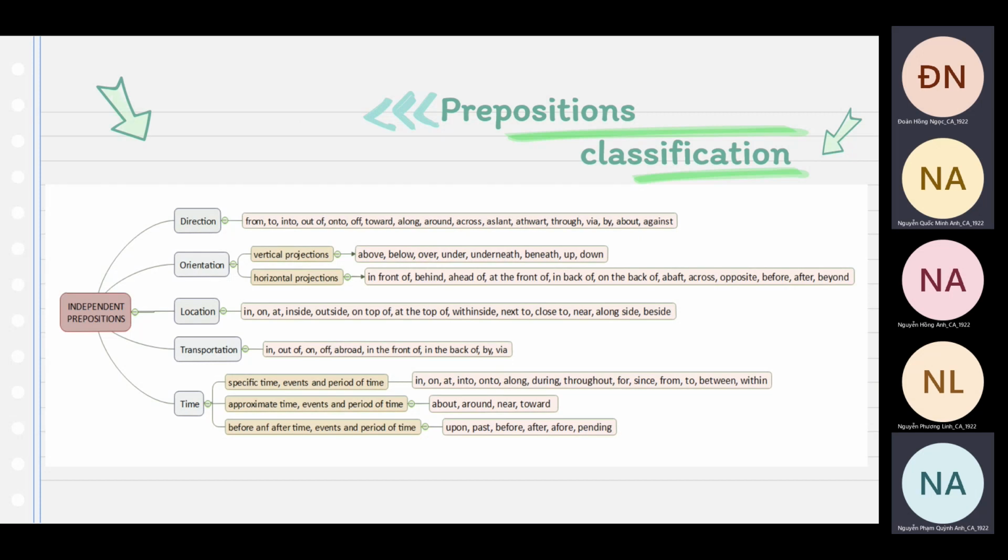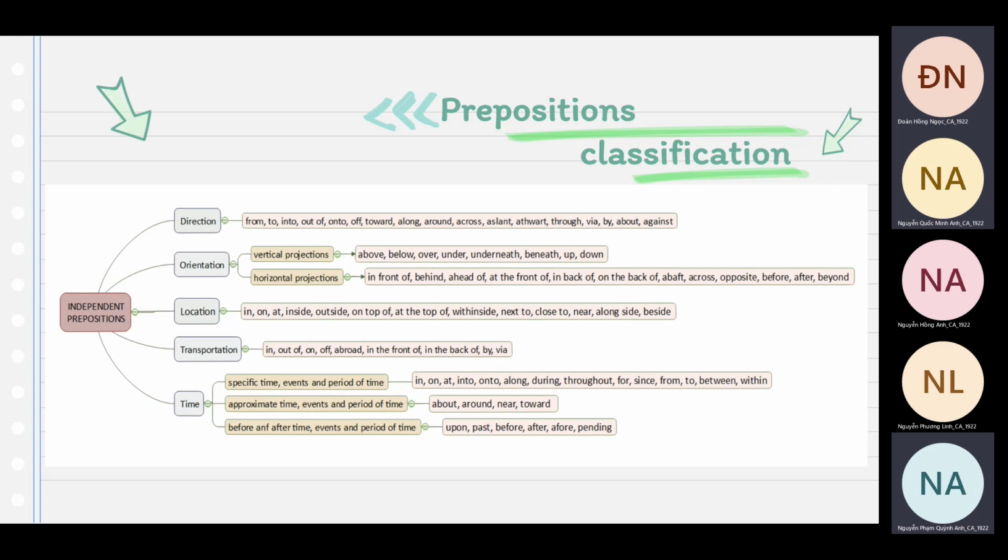Prepositions are divided into 5 main groups, which are direct prepositions of directions. The second one is prepositions of orientation, and in this group we will have 2 smaller ones: vertical projections and horizontal projections. Next group is prepositions of location, and then we have prepositions of transportation, and the last group